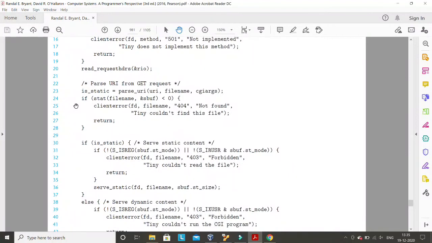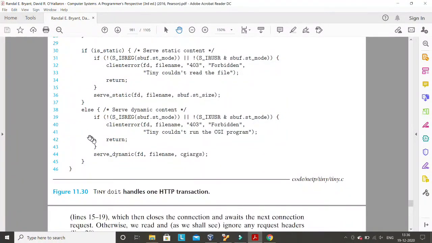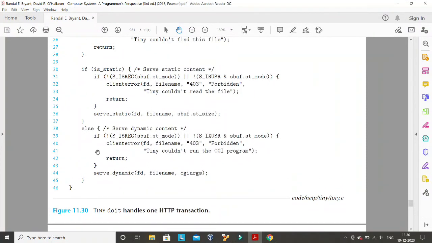The two important parts are serve static and serve dynamic. If it is a static thing, it will be served from here. If it is dynamic, it will be served from here. The next question you may ask is how the server will understand whether the content is static or dynamic. Basically there is no fixed way, it depends on each server.